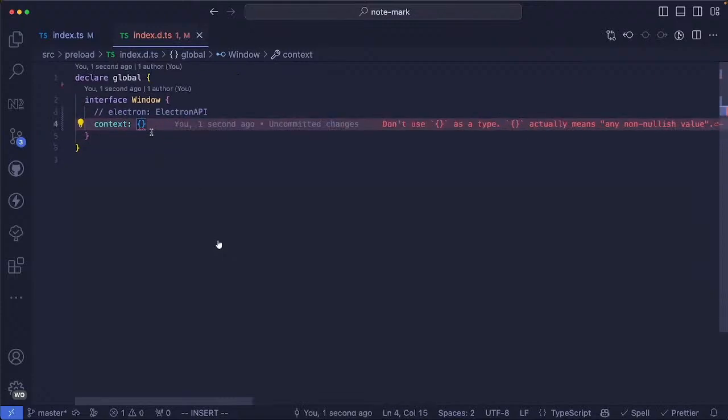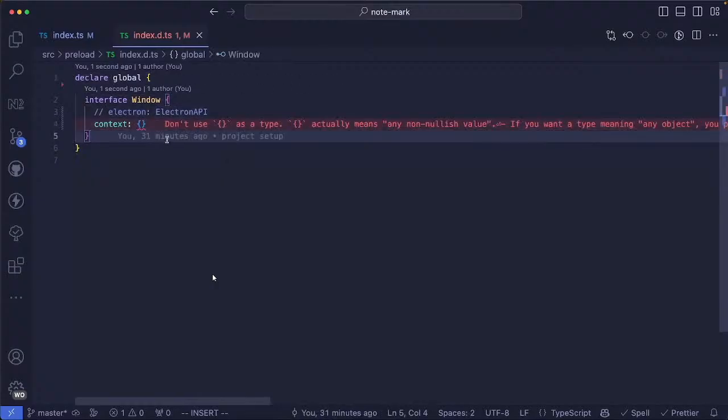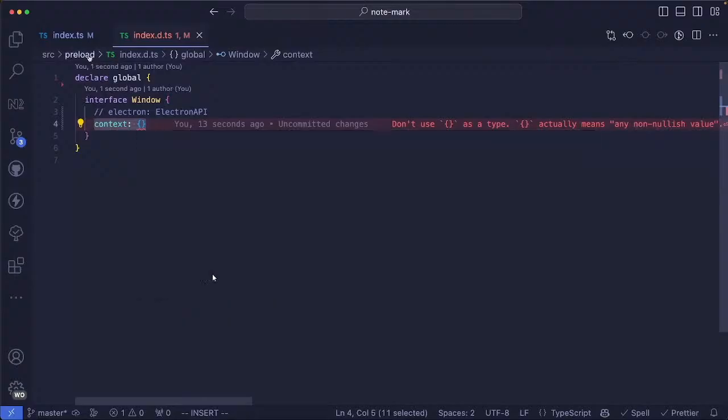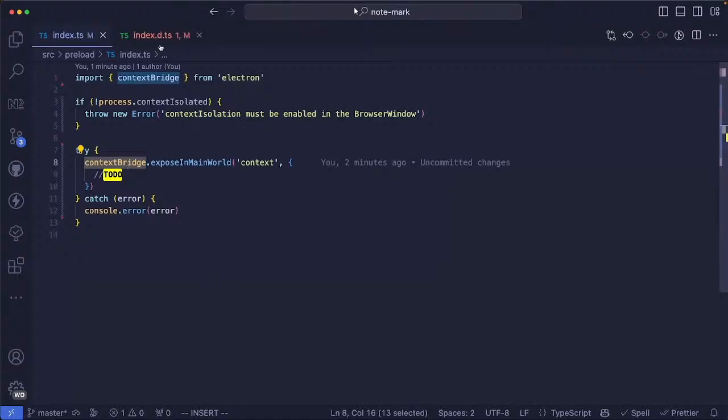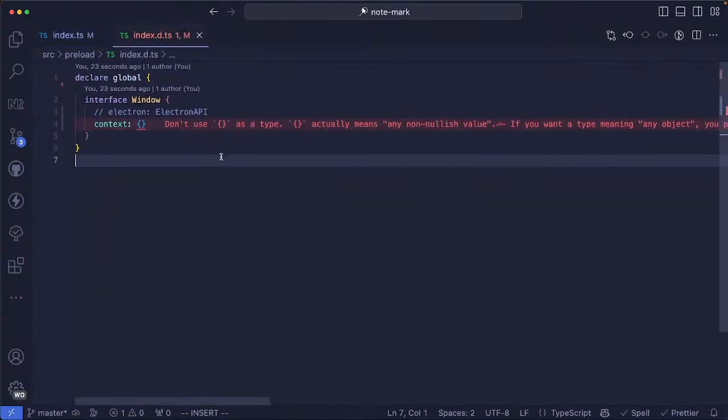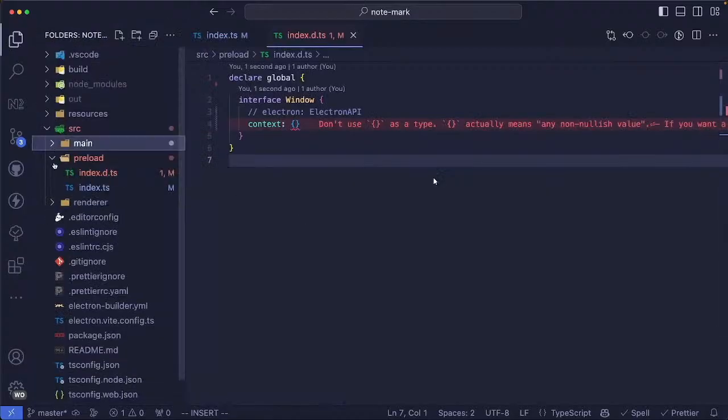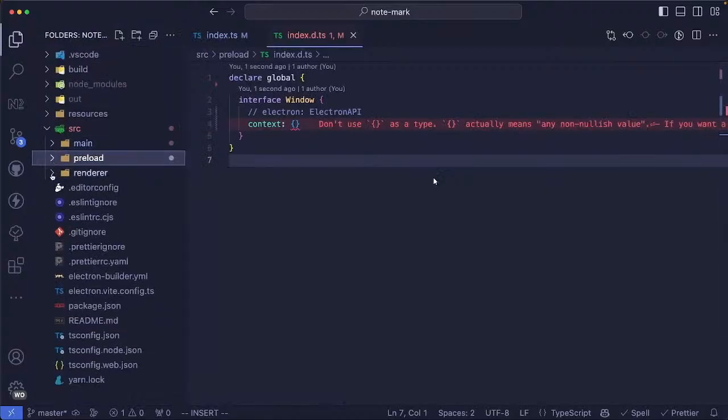Later we are going to have some properties and functions, and this TypeScript configuration, especially this context field, is the same that we are exposing in the main world through the context bridge. So for now, let's leave it like this, and we can move on to the core part of this project,